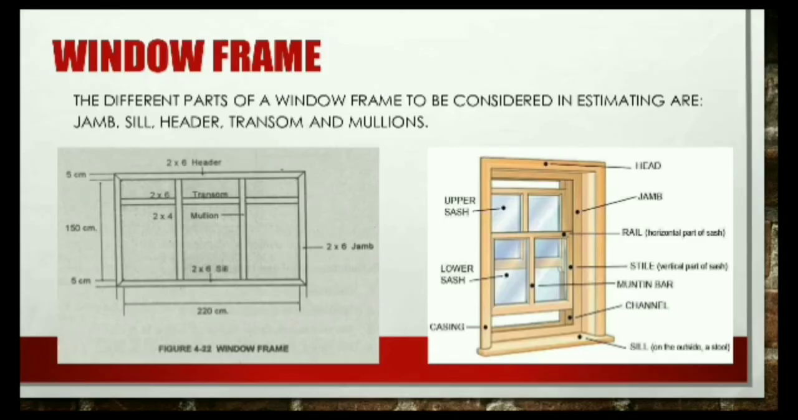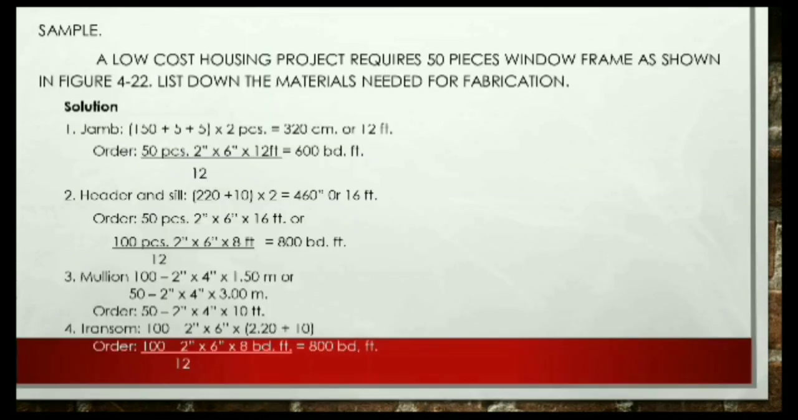Lastly, for window frame, the different parts of window frame to be considered in estimating are the jamb, sill, header, transom, and mullions. So for a sample problem, a low-cost housing project requires 50 pieces of window frame as shown in figure 4-22. List down the materials needed for fabrication. So for the solution,